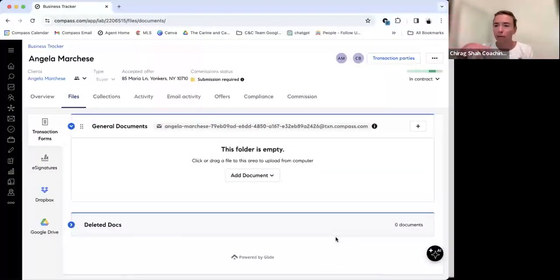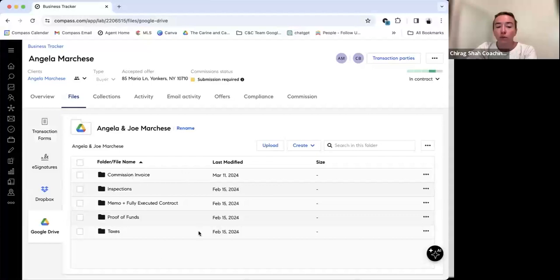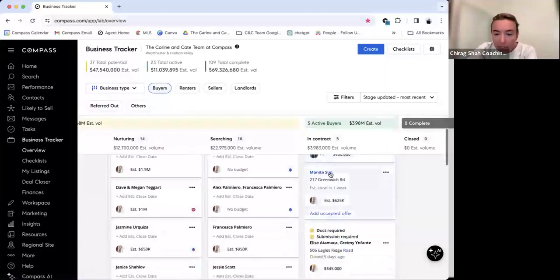Are we all comfortable with how to get a document into DocuSign, initialed and signed? I think we're kind of good on that. Okay. It's the same way, it'll prompt you to put in the signature and whatnot. So you can get all of that signed in here. When you go into the Google Drive, I'm going to take another example of somebody who's maybe not linked yet.